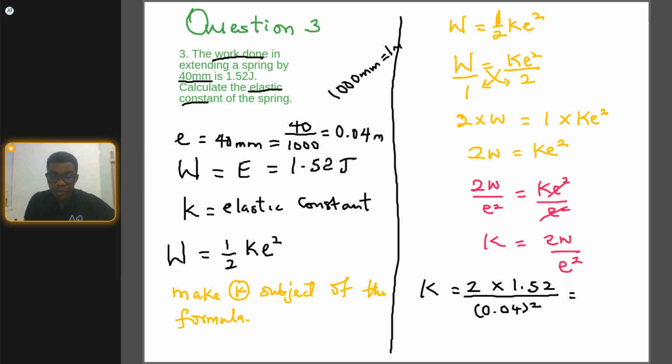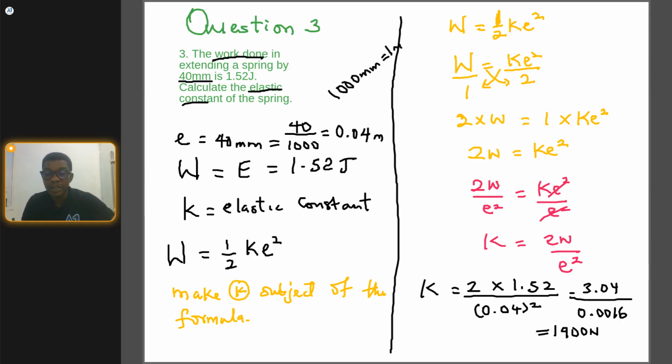Multiplying the numerator, that is 2 times 1.52, we are going to have 3.04 divided by 0.0016. Dividing this to get the final answer, we are going to have